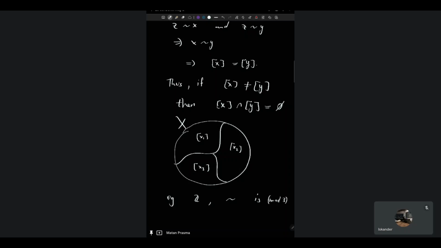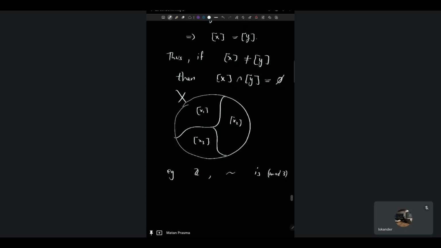So two integers are equivalent if they are equal modulo 3. And then what are the possible equivalence classes? All possible equivalence classes